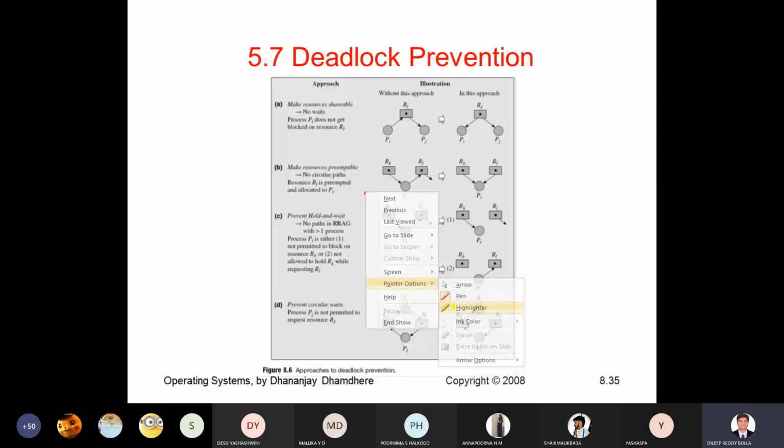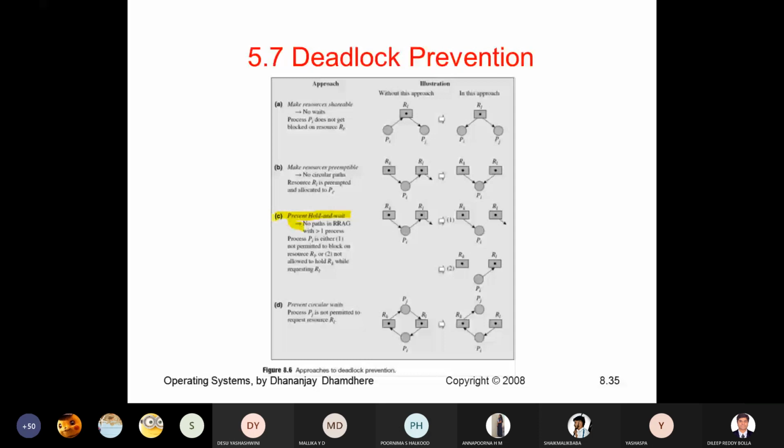So next is what? Third technique is what? So we have to prevent the hold and wait. Hold and wait, what we are trying to do, you see this one here. This resource was given to this. Now we are not giving it here. We are making that wait. As we are given this to this immediately, we have the problem. Now we are making it hold for some time. The problem is solved. Like how is this solved?